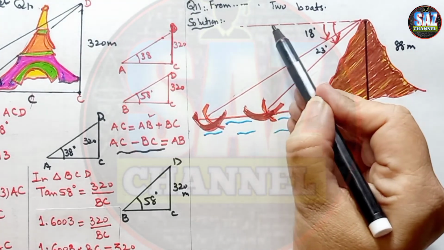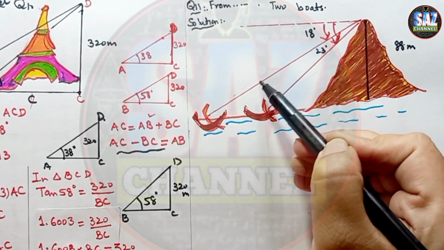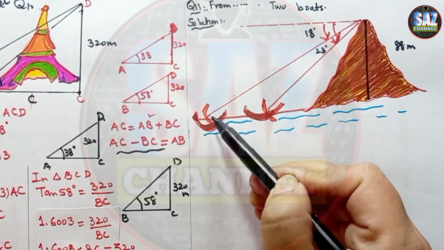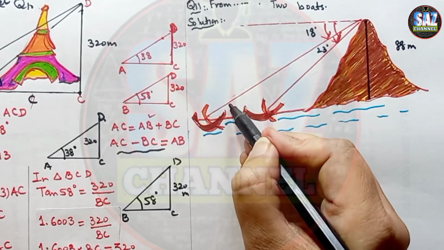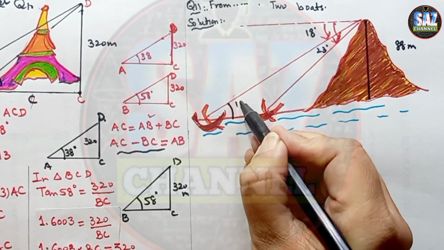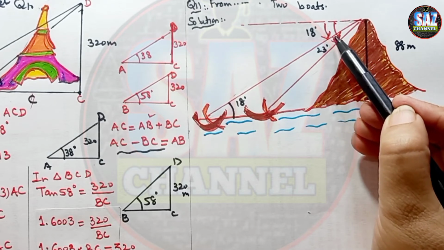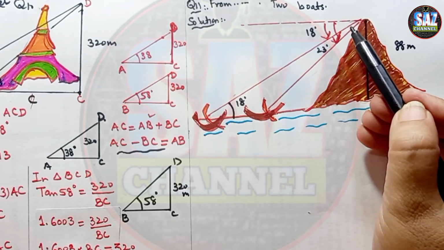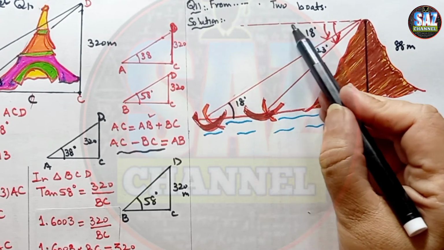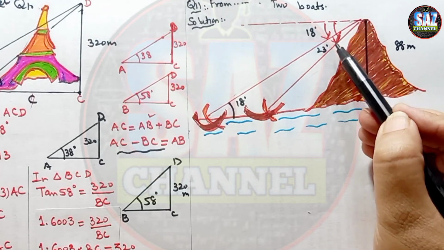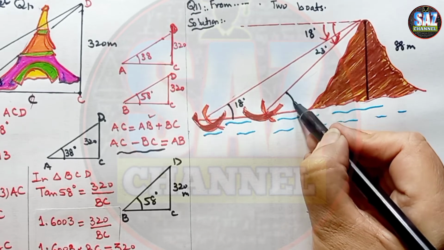Now if we look at the diagram carefully, this is the observer's eye position, and this line can become the transversal, and this is the line which is parallel to that top line. So this angle will also be 18 degrees. And now the second angle of depression is 23 degrees. So again we can see, if this angle is 23 degrees, again this is the observer's eye, this is the line of transversal, and this is a baseline. This angle will be 23 degrees.